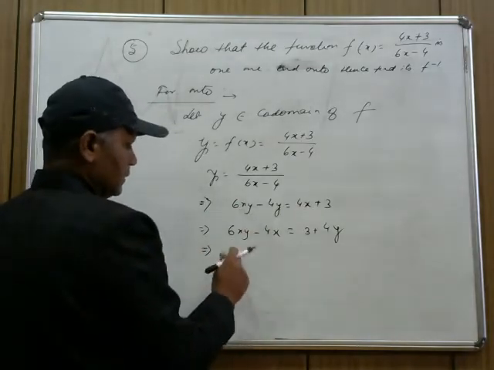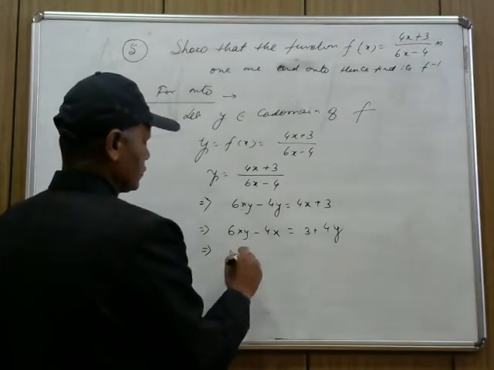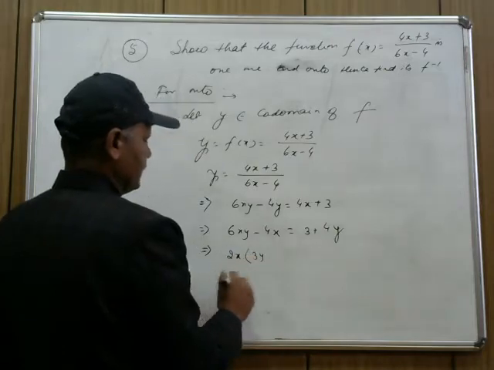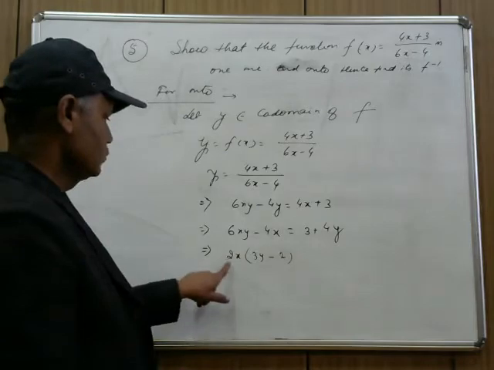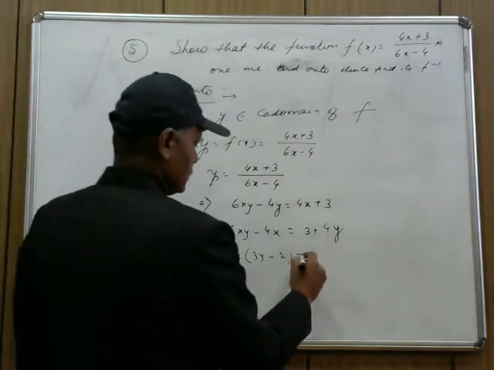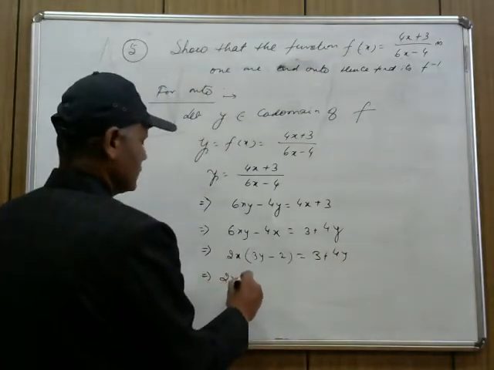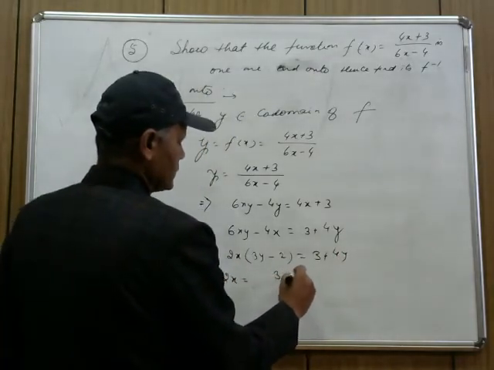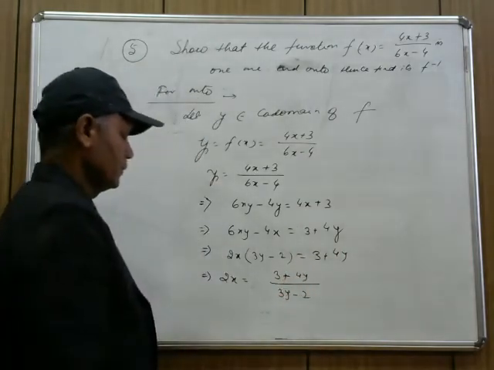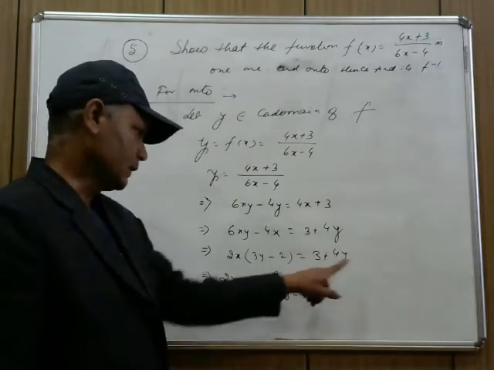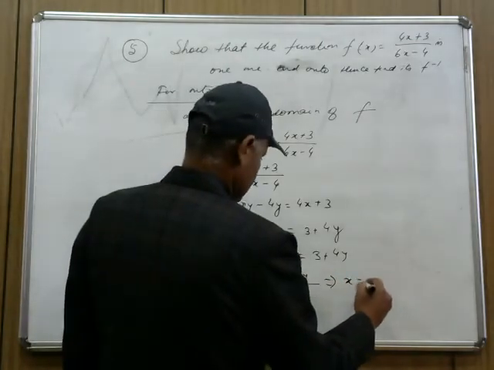If I take 2x common, I will get 2x(3y - 2), since 2 times 2 is 4x, 2 times 3 is 6xy, equal to 3 + 4y. It implies that 2x = (3 + 4y)/(3y - 2), and therefore x is equal to